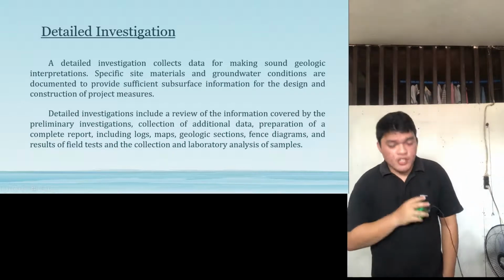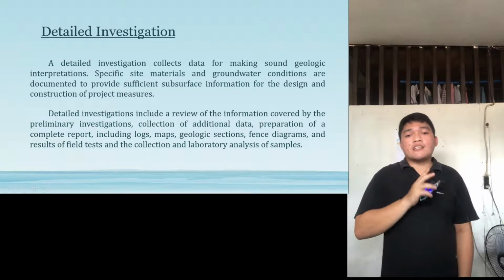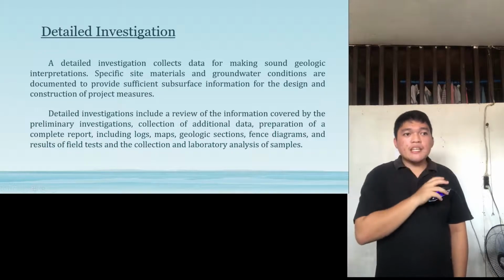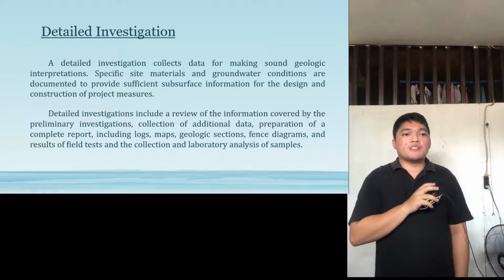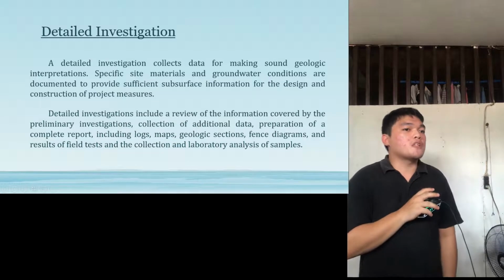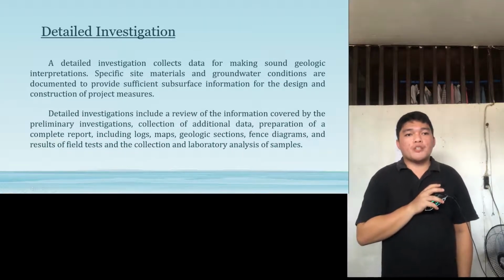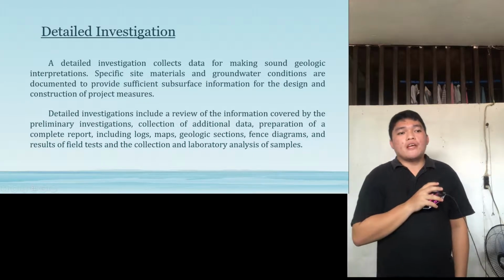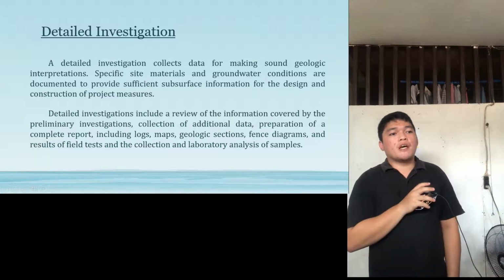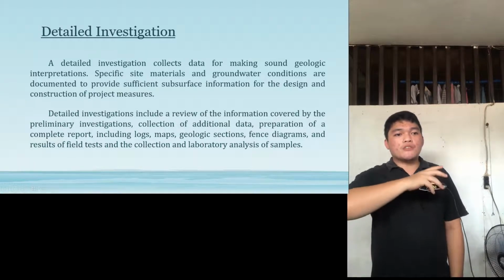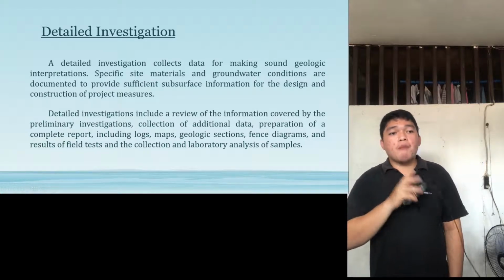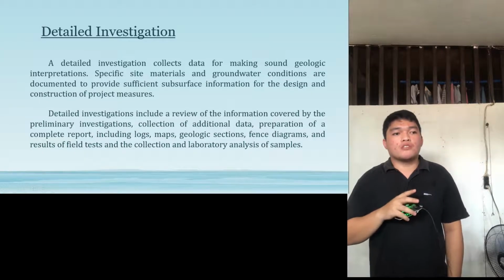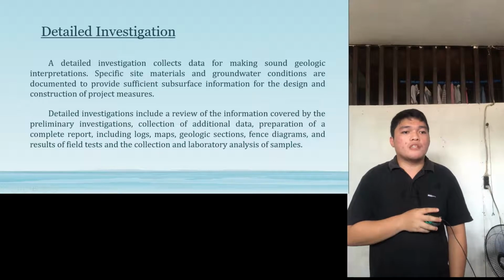In our hydrologic investigations, we have the detailed investigation. A detailed investigation collects data for making sound geologic interpretations. Specific site materials and groundwater conditions are documented to provide sufficient subsurface information for the design and construction of project measures. Detailed investigation includes a review of the information covered by the preliminary investigation, collections of additional data, preparations of a complete report, including logs, maps, geologic sections, fence diagrams, and results of field tests and collection and laboratory analysis